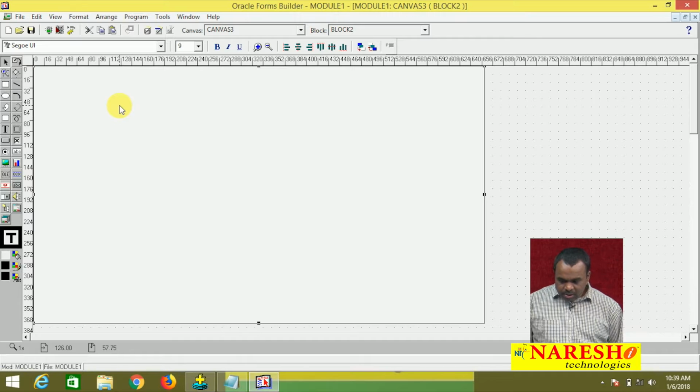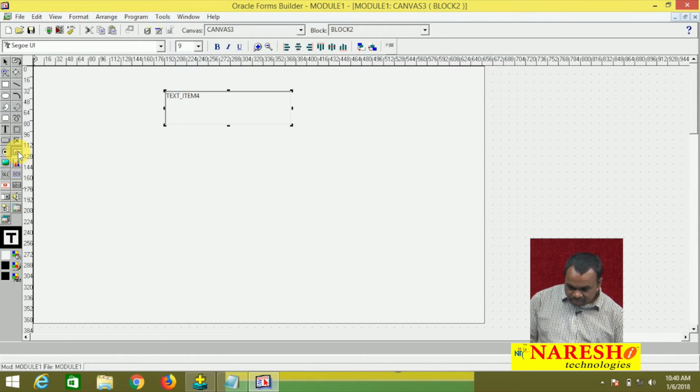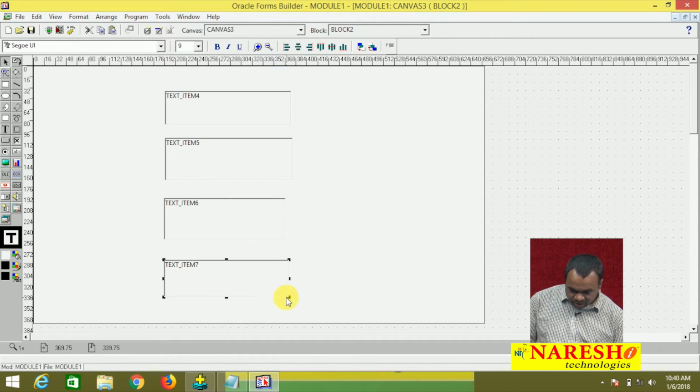So, here I will add some text boxes to this canvas. To input number, name, job, salary, I need text boxes. How many text boxes? I need 4 text boxes. So, this is one text box for employee number, one for name, one for job, one for salary. So, in total I need 4 text boxes. If you want, you can increase the size